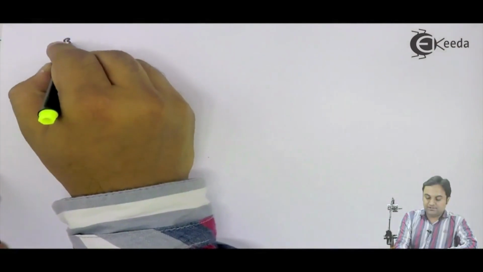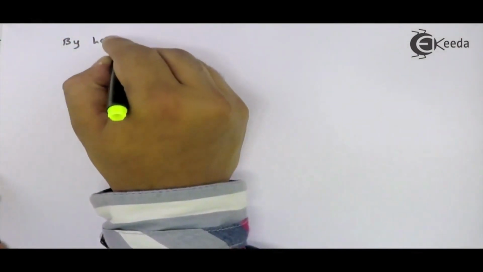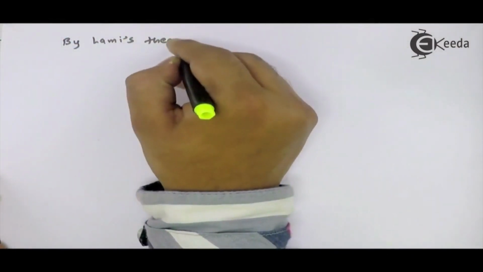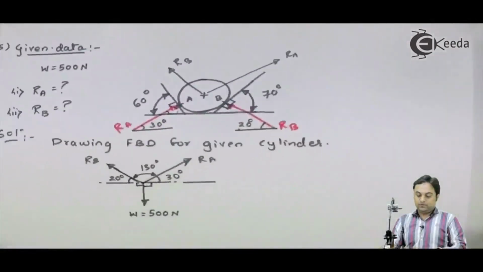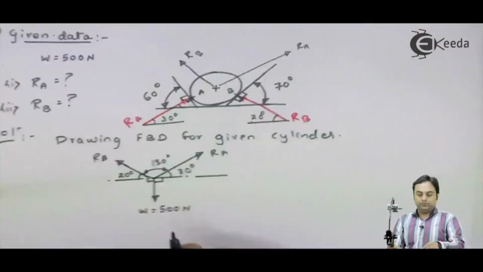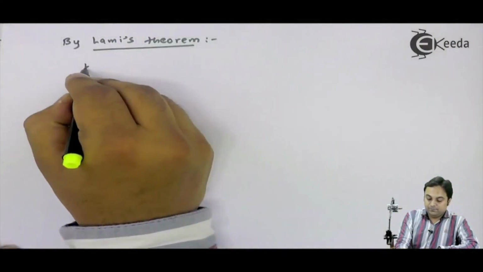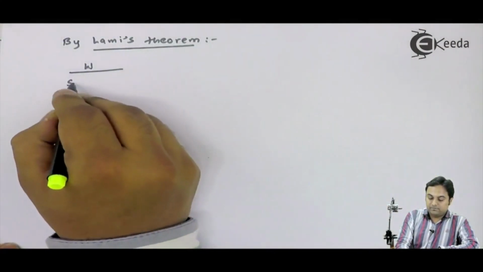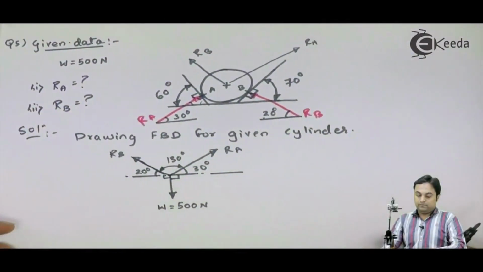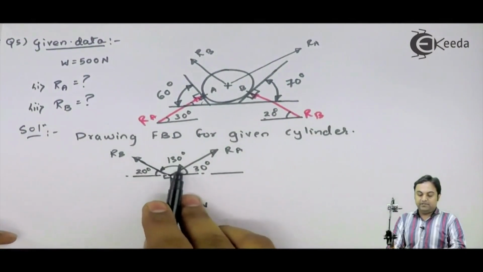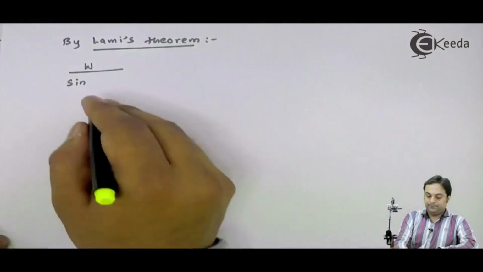I will say that by Lami's theorem, I will write down first of all W, I'll write it as W upon sine of angle between RA-RB, that is 130 degree,